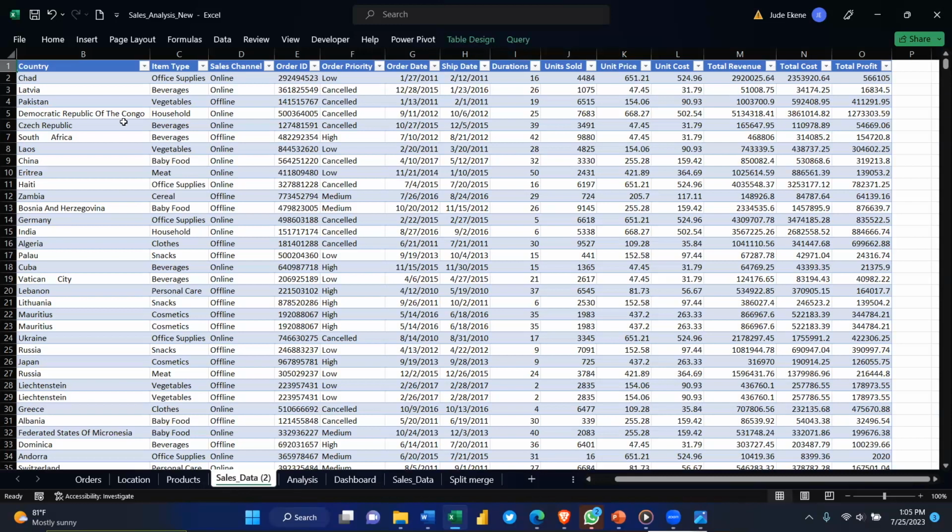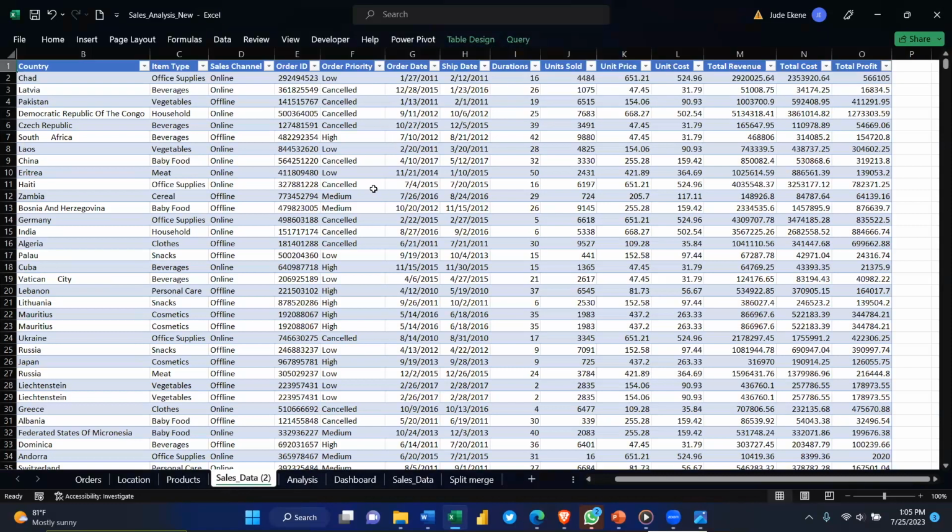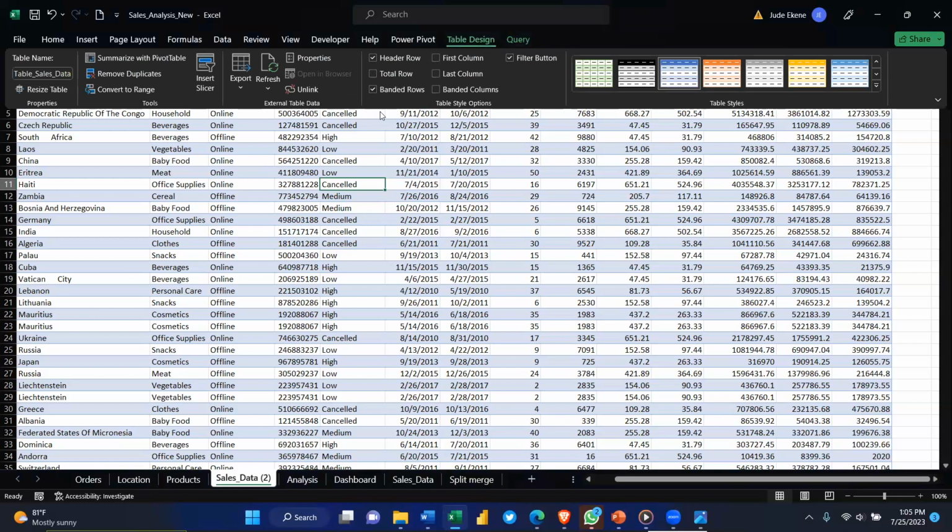For example, if I don't want to have these filter buttons on each of these headings, it's possible to remove them. You see, this is a table. If I click within the table, I have table design and query. If I go to table design, I have an option there called header row under my table style options. I have table row. So if I remove filter